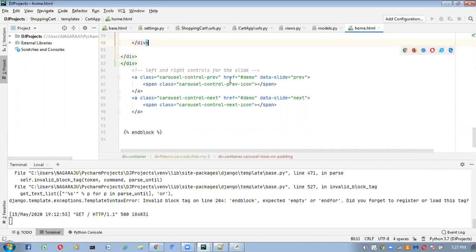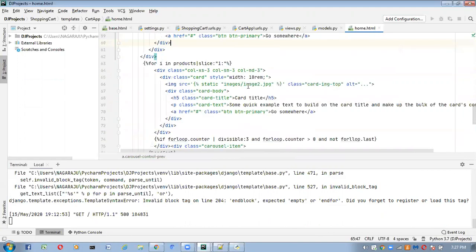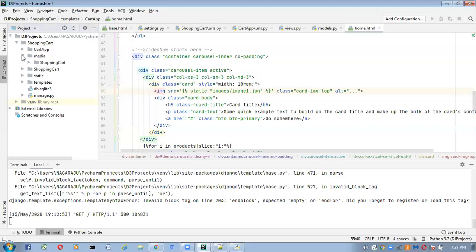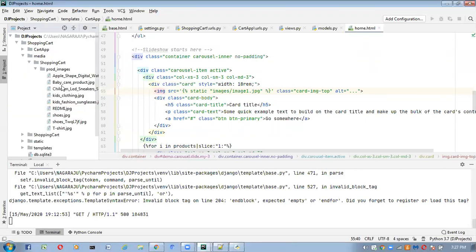Okay, perfect. So now next what we have to do, what pending task is there? Only the images part. Now here we have to change the images. How will you get the image, and where are all the images stored? Inside the media folder, all images are there. Whatever images and products I added, that product related information is available inside this media folder. Now if you want to get the images from the media folder, what do we have to give here?